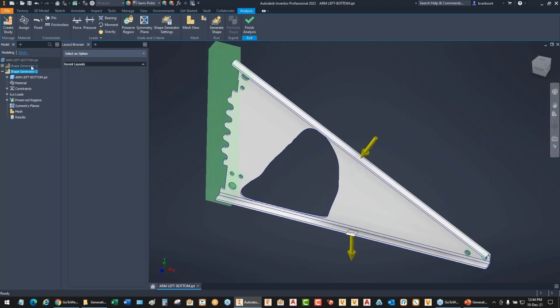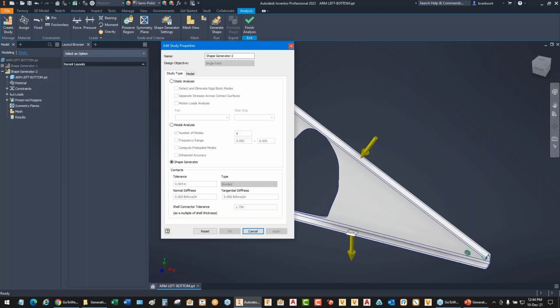So I've got the source generator study that was done, that resulted in the geometry. Now I've got another design that's essentially identical to it. However, if I were to right-click on this study and edit the study properties, I could come in and I could say, let's do a static analysis. And this is a great way for me to adopt all of the loads, forces, and constraints and the work that's already been done on this model. So that's exactly what we're going to do, is we're going to develop a static stress analysis based upon the same criteria that we just ran that resulted in the shape generator design. And it's very easy. Simply select OK